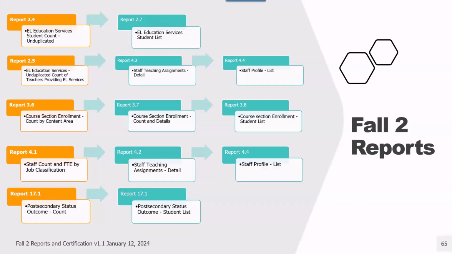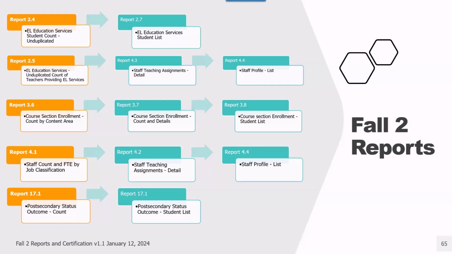And so this slide kind of helps tell us how the reports are related. Your aggregate reports, those reports that are required for you to view and check off to certify, are in orange. The green are the supporting reports. And as you can see, report 2.4, EL Education Services, drills down to the report 2.7, EL Education Services